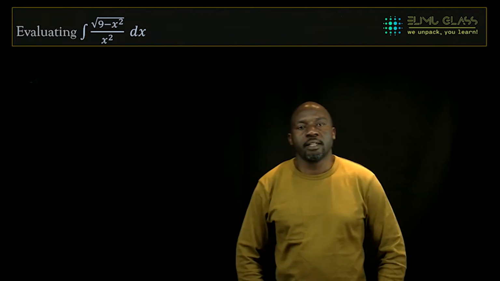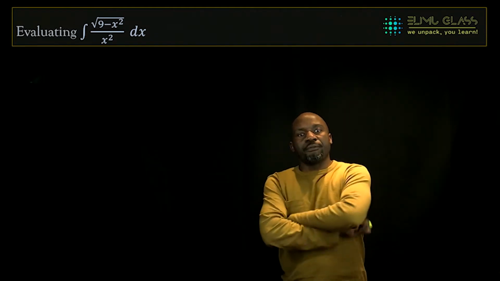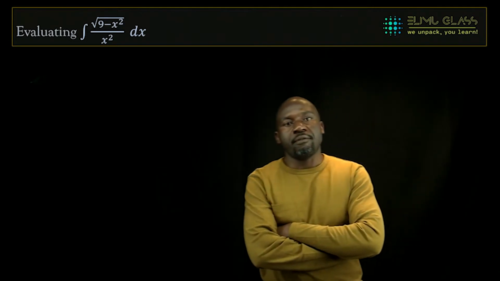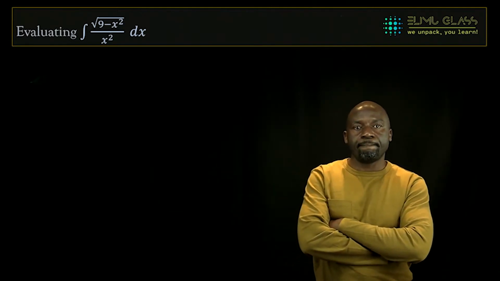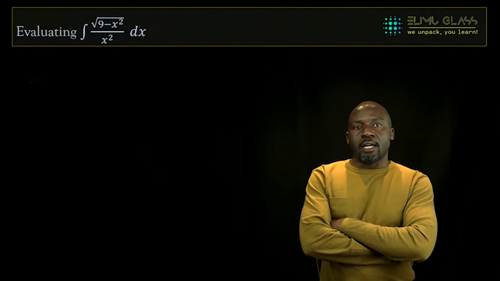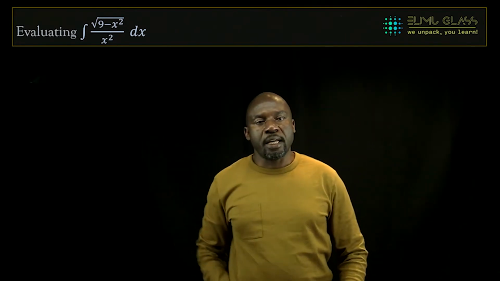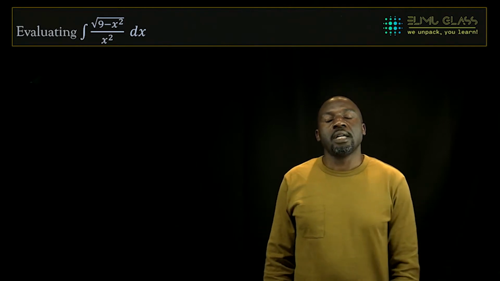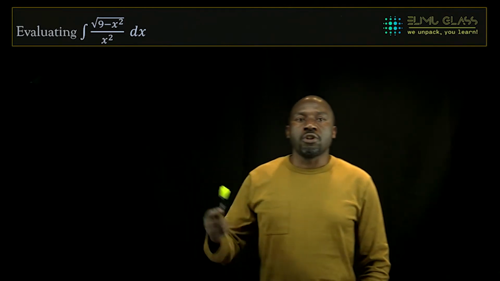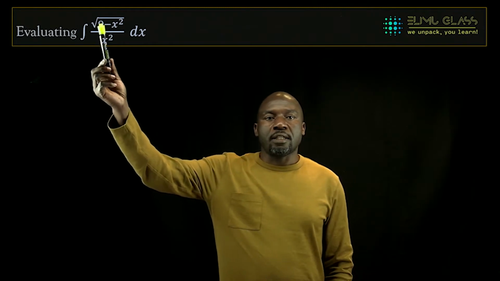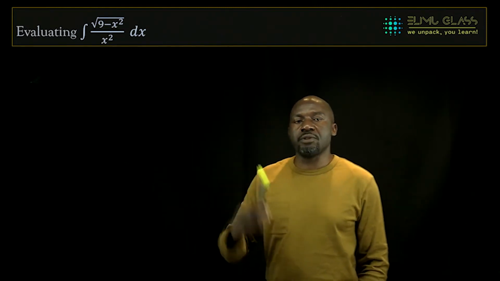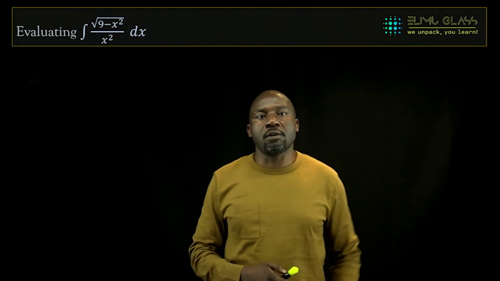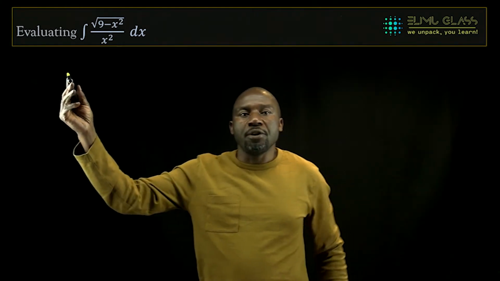Okay, welcome back. Let's find the integral of the square root of 9 minus x squared, everything divided by x squared. All right? Looking at this, again, remember we are using trigonometric substitutions in this kind of integral. And what you notice immediately is that there is a constant minus x squared. And when you see this, this calls for substitution of either cosine or sine, because we can use the trig